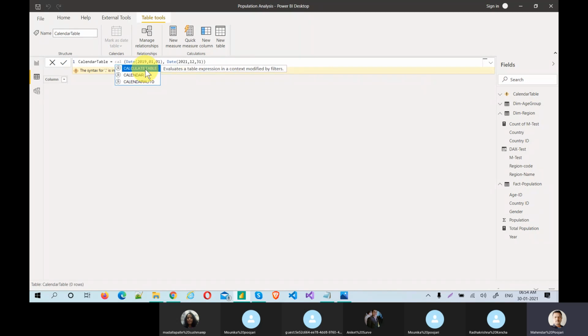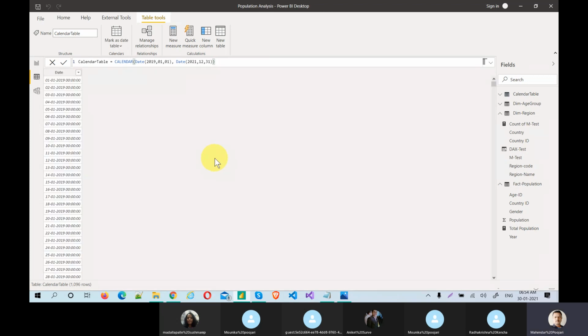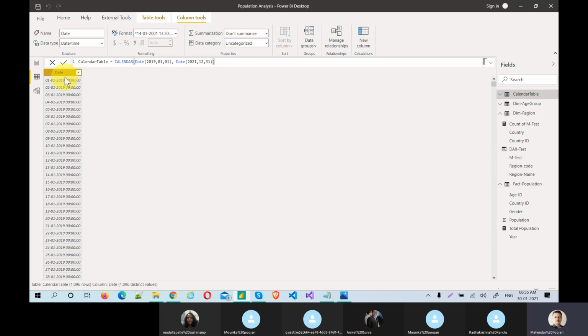So always we should put it, see, when I type cal, it shows calculated table, calendar and calendar auto. So just select. See, this is how I should write. Why did two extra brackets come when I entered that calendar? Very simple.